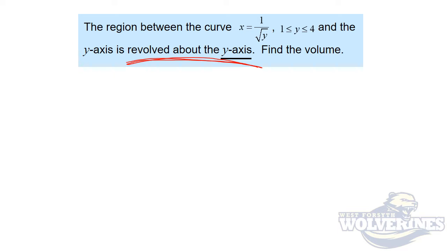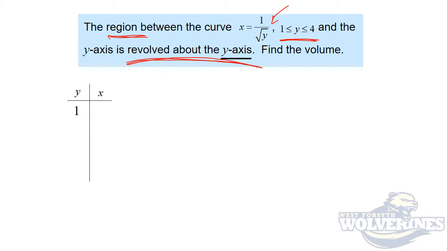Now, I will say that the good news is, generally speaking, when these appear on the FRQs, they actually will go ahead and give you the graphed image so that you can see the region that is your area that you will then be rotating in order to make your volume. Okay, but sometimes on the multiple choice, they don't give you the graph, so let's figure that out. We're told that we're using y values from 1 to 4. Because this is a dy problem, they gave us the y values, but again, that's not necessarily always going to be the case, but because they gave us the function in terms of y,